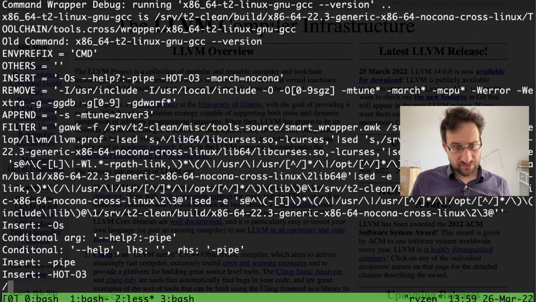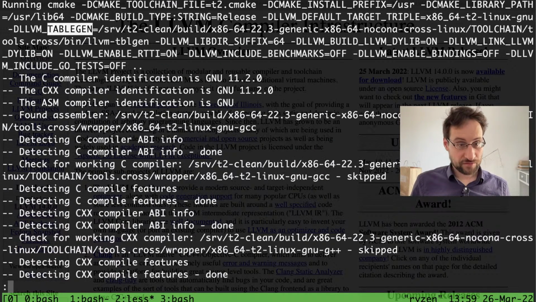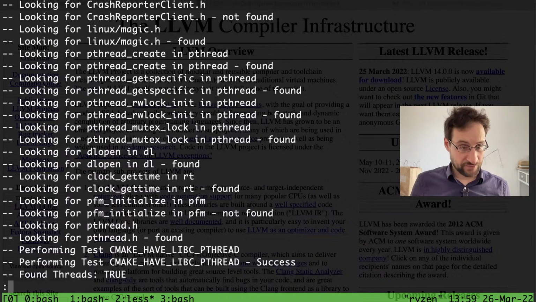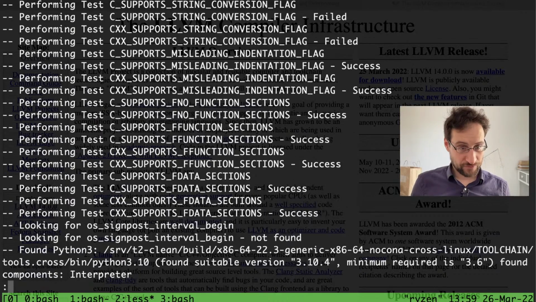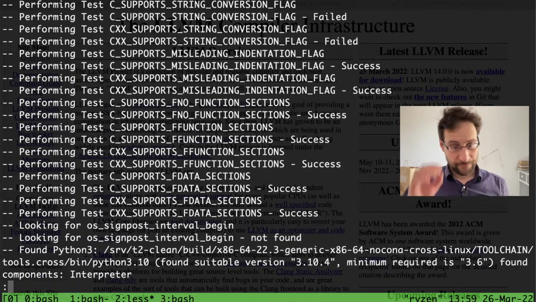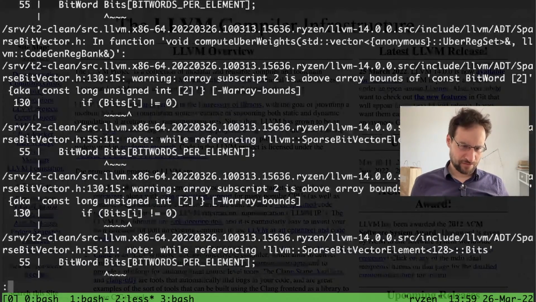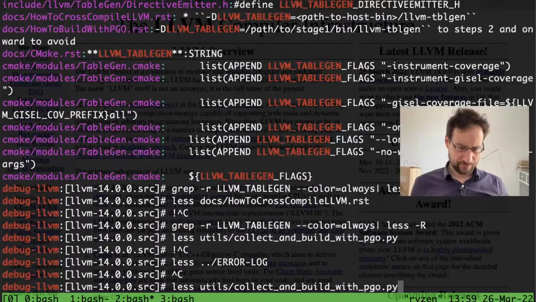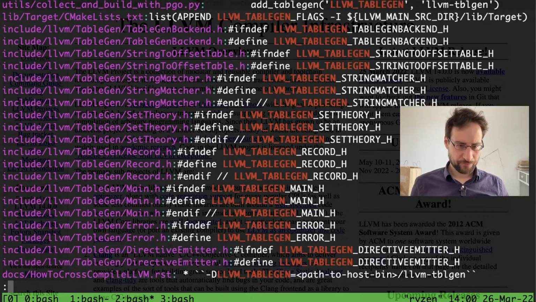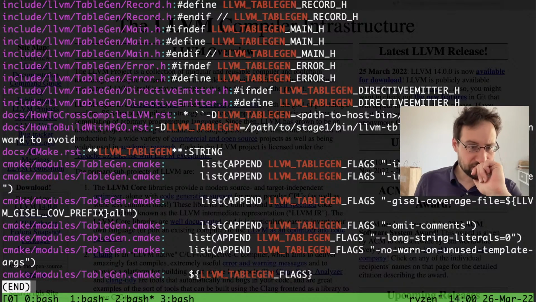I thought CMake warned though. Table gen. That is strange. I would have thought. CMake, did CMake not warn about that? That is so strange. Lots, but yeah, nowadays lots of stuff. Oh, wait a second, doc CMake.